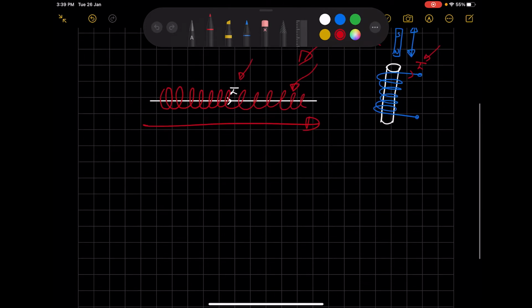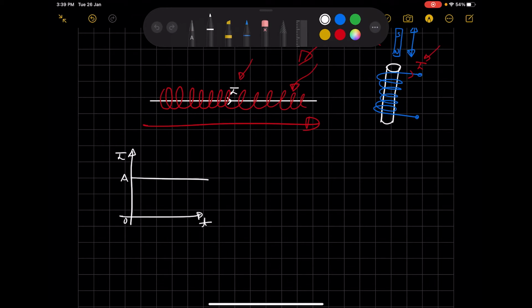As we know, a DC current can be represented by this waveform, with current on the y-axis and time on the x-axis, and it has some value A. This is an ideal representation, as we all know. Practically, the current will never rise from 0 to a constant value instantly. It will always take time. So this will probably look something like this, where the time taken to rise is very small.